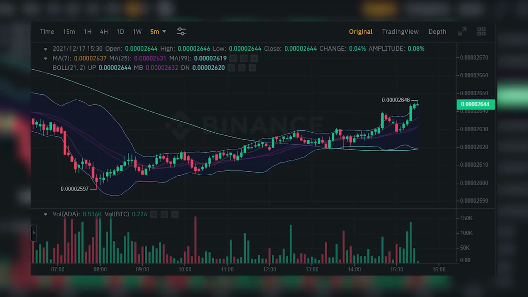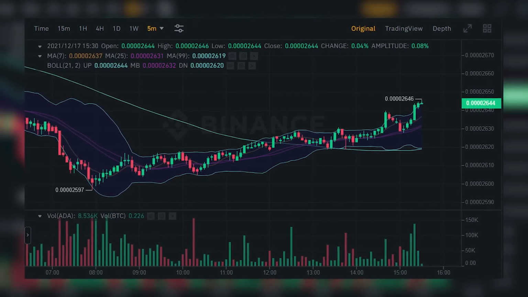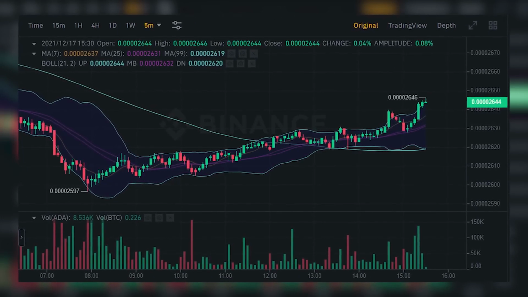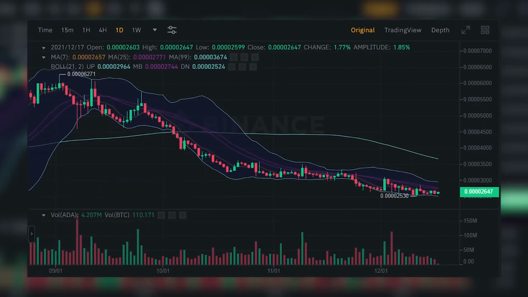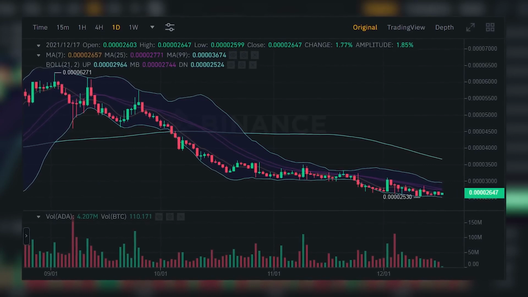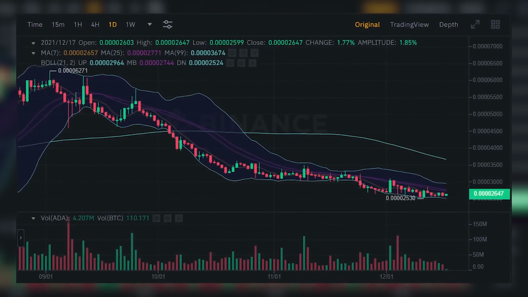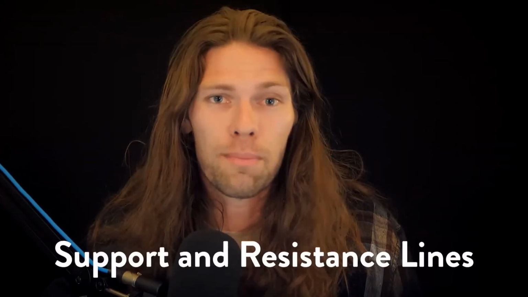Because of this, it's good to compare multiple trend lines. Looking at long-term trend lines covering about 6 months to a year, and then compare that with short-term trend lines. This will help you find better entry and exit points in the assets that you're interested in. So far, I've talked about ways that you can interpret common price charts for your own technical analysis. So next, let's talk about support and resistance lines and how to derive and interpret them for your very own